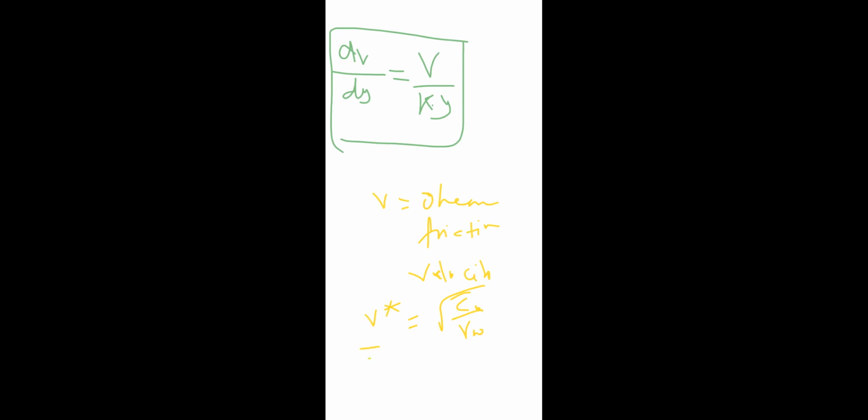And what is tau naught? Tau naught is equal to gamma w R S. So put the value of tau naught, that is gamma w R S divided by gamma w. We can also write the shear stress velocity, friction velocity, as under root g R dash S. Where, what is R dash? R dash is the modified value of R due to ripples or eddy formation.